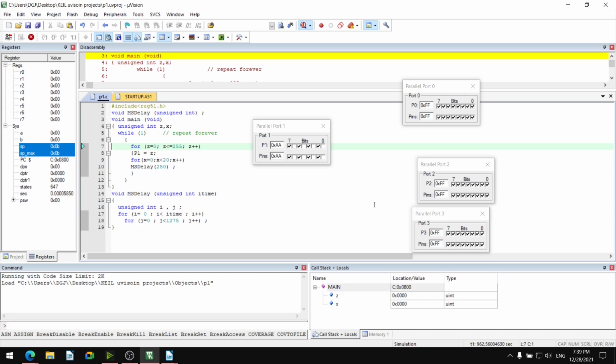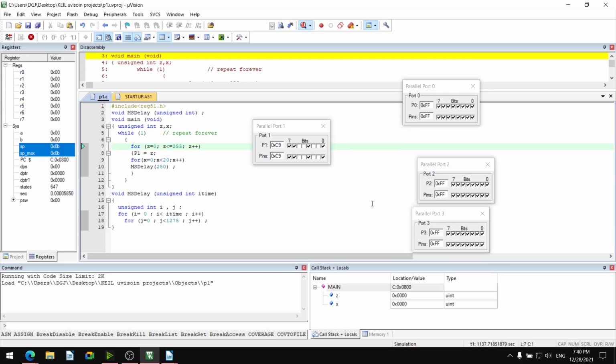A means 10, isn't it? 1010 is A. B0. B is 1011, that is 11. BA, BB, BC, BD, BE, BF, C0, C1, C2, C3, C4, C5.